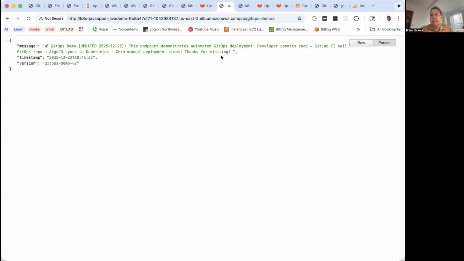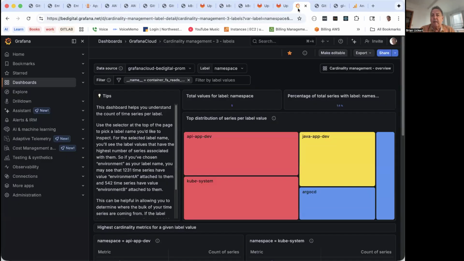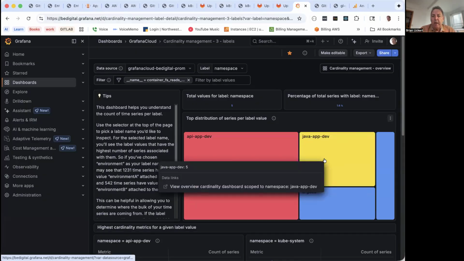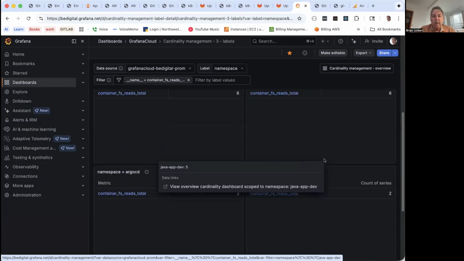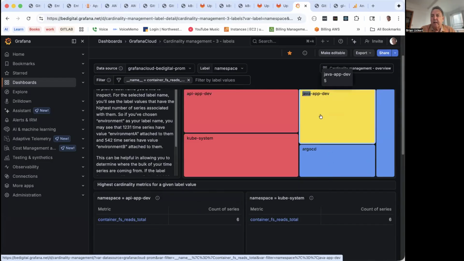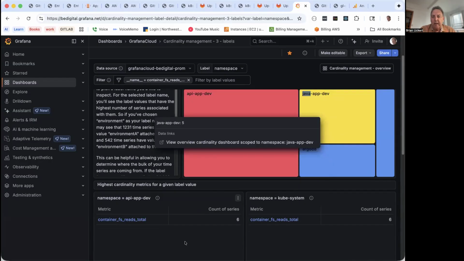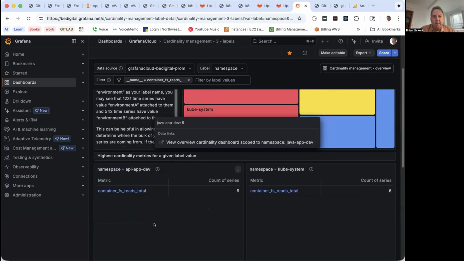So I wanted to wrap that up and say that looked pretty good for a quick one-line deployment, which is what I expected. And if we wanted to take a look at our Java app, you could see that we got a couple of callouts here. Let's take a look at what that is actually telling us